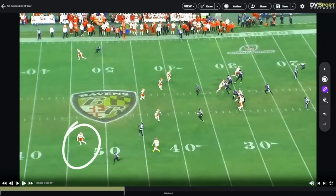So what I want to do is attack that safety high, and then we've got the go on the outside, and we get a 2-on-1 off of that safety. He can't be right. He goes inside, we go out. He goes outside, we go in. We're good. What we don't want to do is allow these underneath guys to be able to cover the underneath